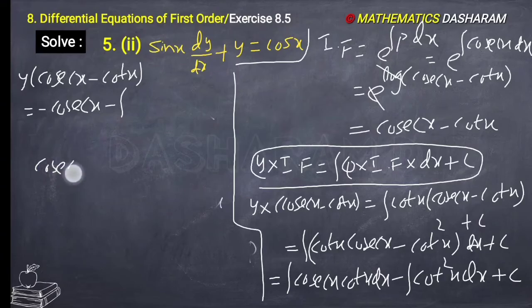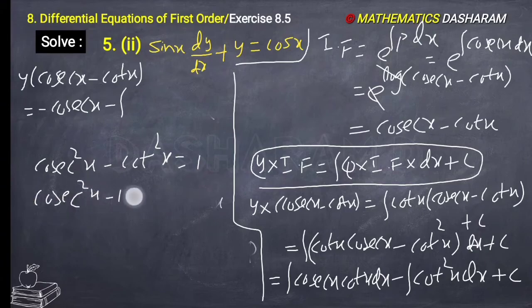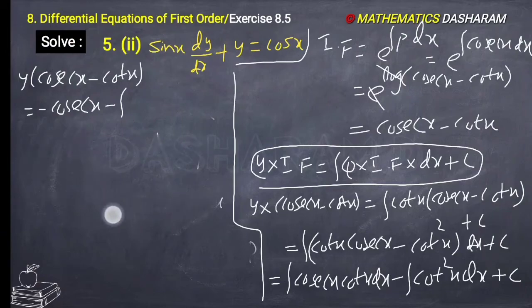So actually we have one identity: cosec square x minus cot square x equals 1. From this, cosec square x minus 1 equals cot square x. Okay, so here cosec square x minus 1